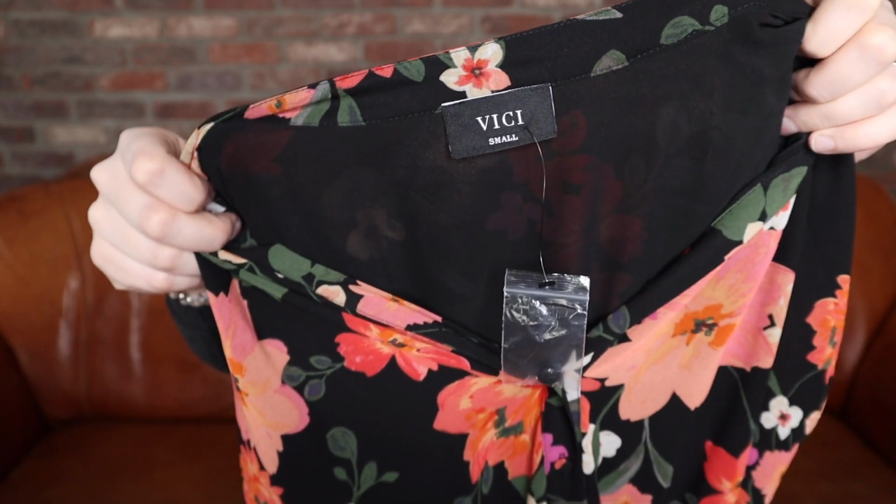Okay, this one is a little bit of an experiment. I've never sold this brand before, but it seems like it does decently well, and I think I got this for only like $3. This brand is Vici, I think. It's V-I-C-I. It is a size small, and it is new without tags. It still does have the little button attached there. Definitely not a winter item. It's a very cute piece for vacation. Really short, but I like that it is cinched and smocked in the middle. I think it'd be really cute if you had the right figure for it. From what I saw, that dress probably sold for originally like $75-ish, and I'd love to get like 30, 35,